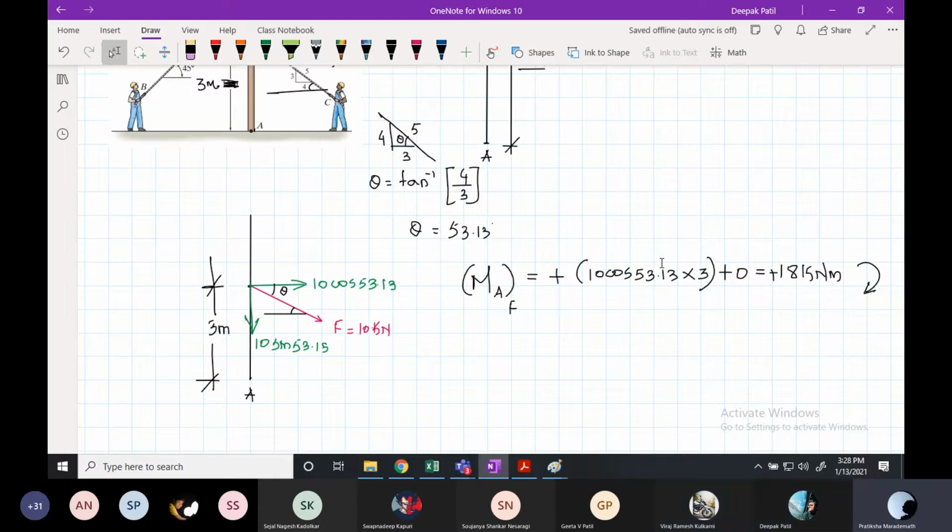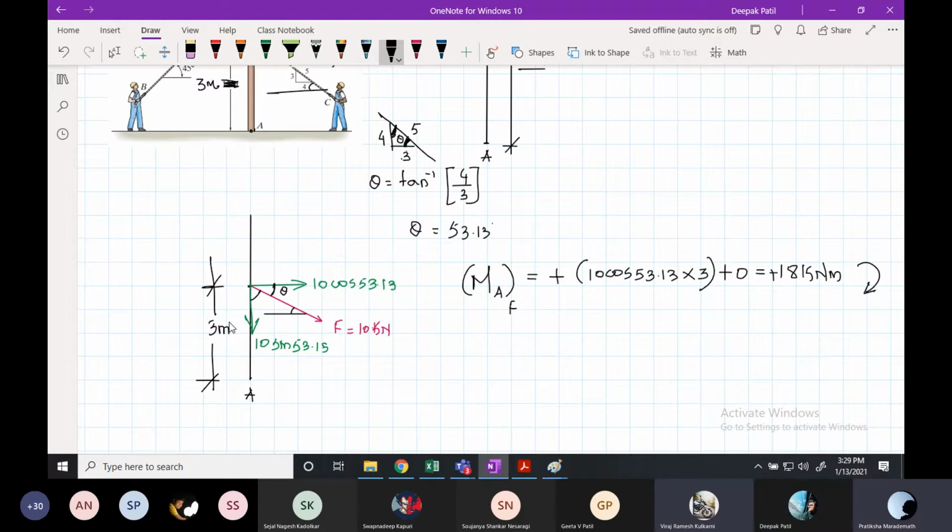Sir, I think it will come tan inverse of 3 by 4. If you do tan inverse of 3 by 4, you are actually finding this angle and not this angle. Yes or no? Yes. Are you clear? Okay. So if you want to find this angle, it is tan inverse of 4 by 3. If you want to find this angle, it is tan inverse of 3 by 4. Any one angle you can find. Suppose here we have found this angle. It means this angle is equal to this angle. Are you clear?